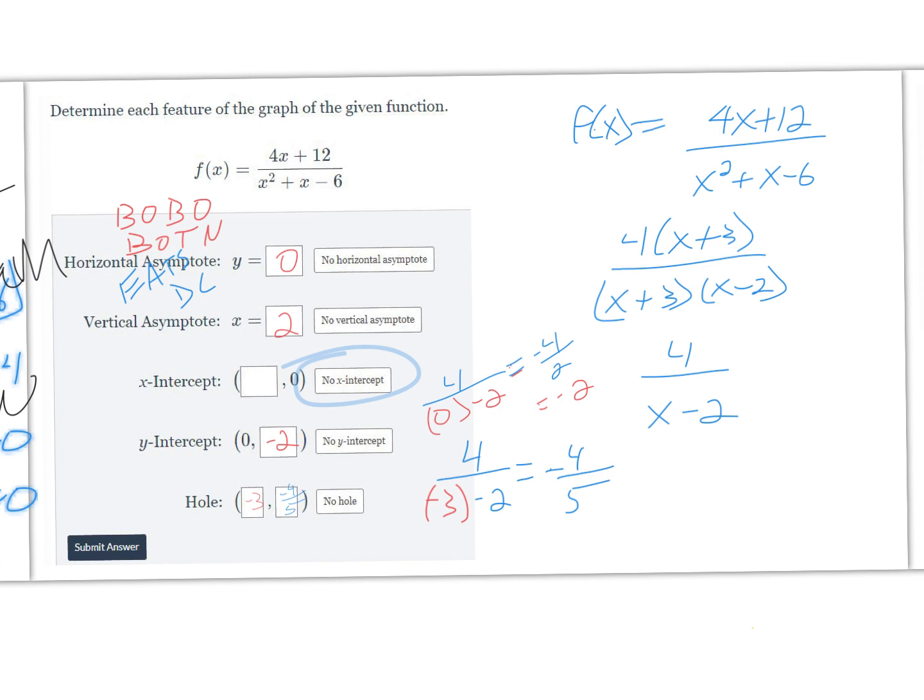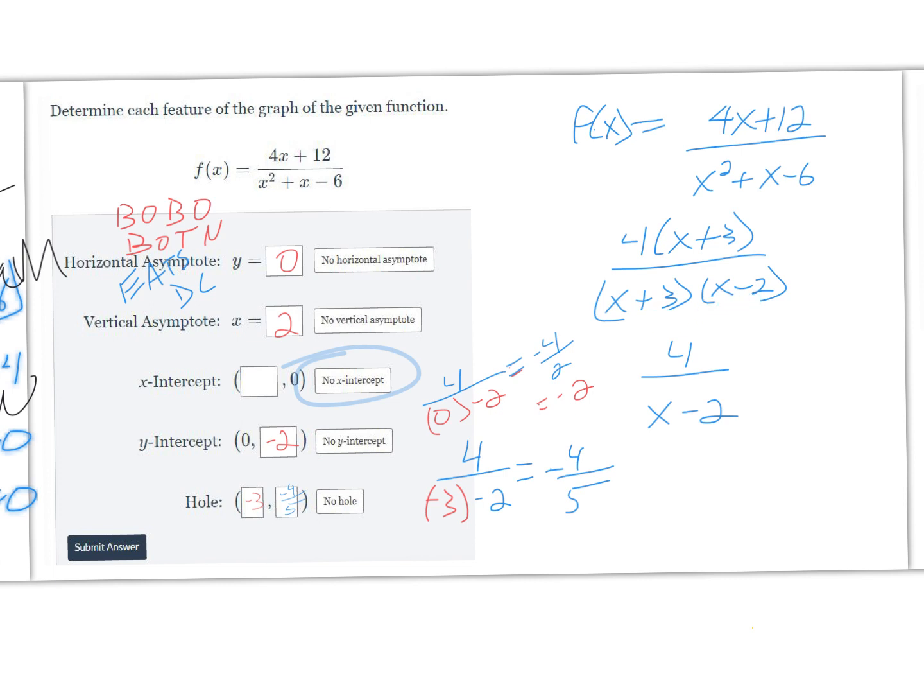All right, so this question wants you to determine the features of the graph of the given function. So here's our function, f of x equals (4x plus 12) divided by (x squared plus x minus 6). First thing we're going to do is factor this and simplify it. So the 4x plus 12, we can factor to 4 times (x plus 3). And then the denominator, x squared plus x minus 6, is (x plus 3) times (x